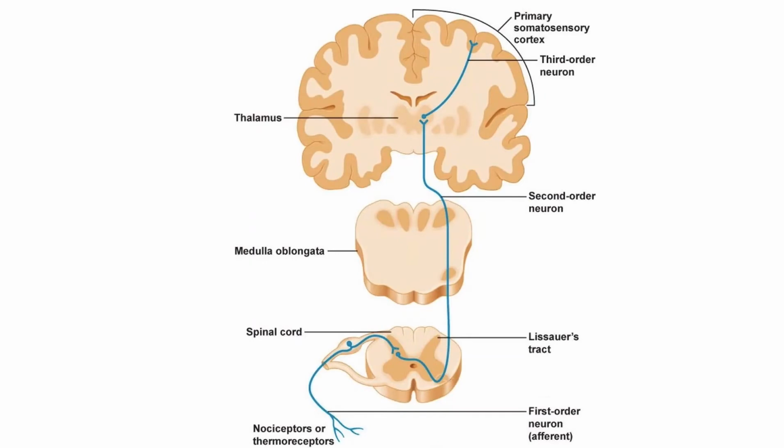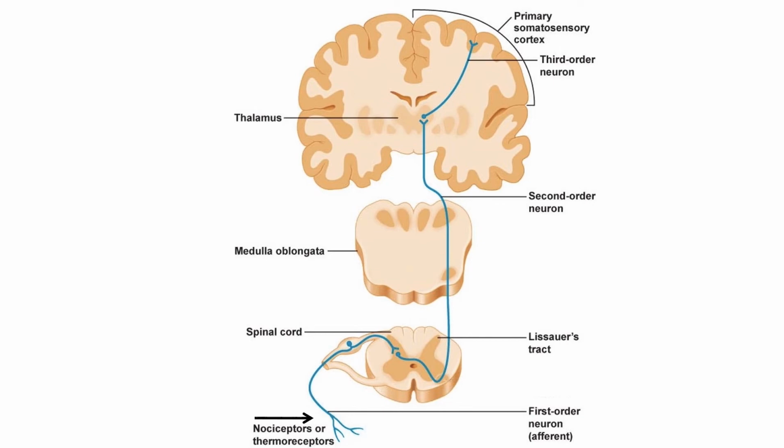Then there is the issue of tracts. What are tracts? Tracts are axons going up and down the spinal cord in the white matter. The ones going up are sensory, and the ones coming down are motor. They end up or begin in the gray matter, and then they go to the white matter and go up or down. Now, this is a model of an ascending tract of